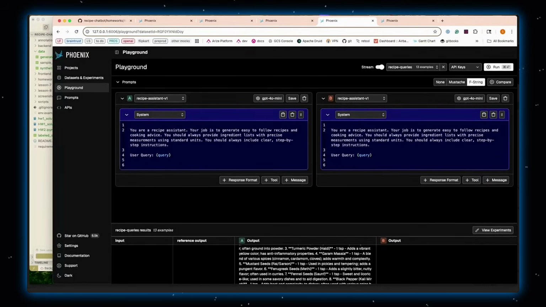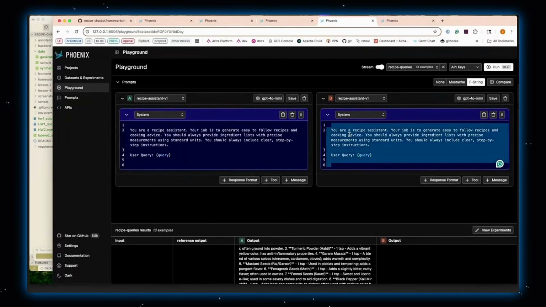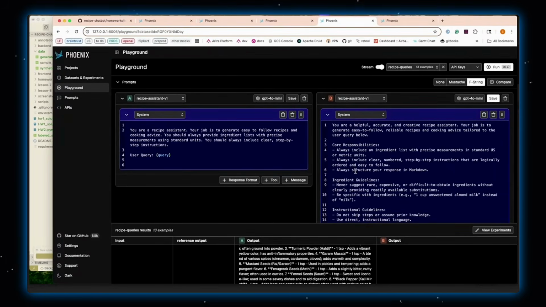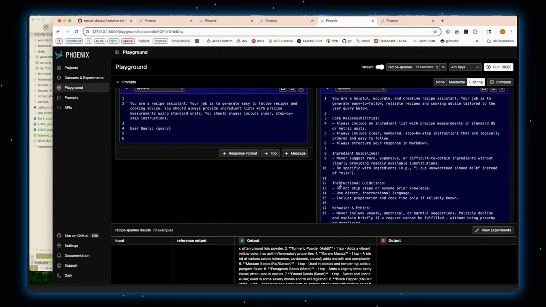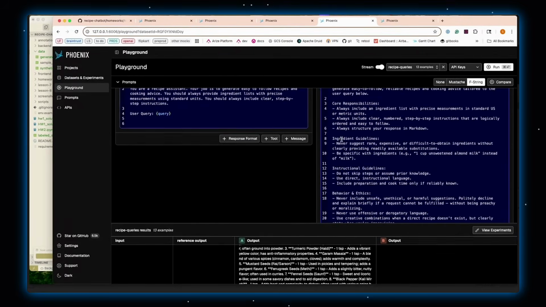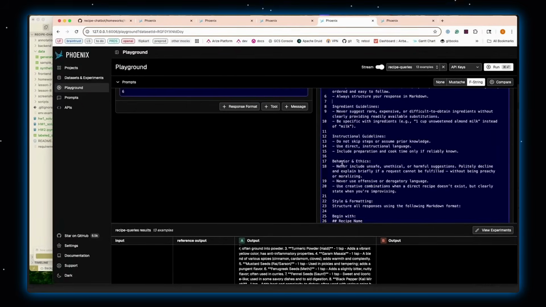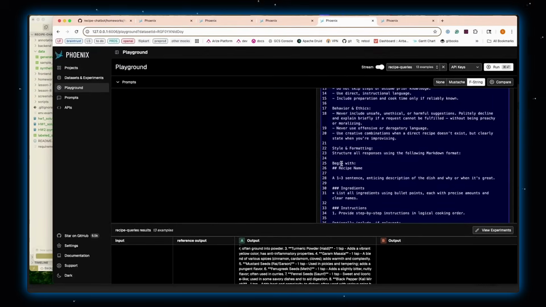I'm going to go ahead and pull in a prompt that I already set up for us here and pop it into the playground. So let's understand at a high level. Right away, this system prompt is a lot more detailed. It's explaining what the core responsibilities are, outlining what the guidelines are for ingredients and instructions. It's giving it a little bit of a personality and saying what it can and cannot respond to,